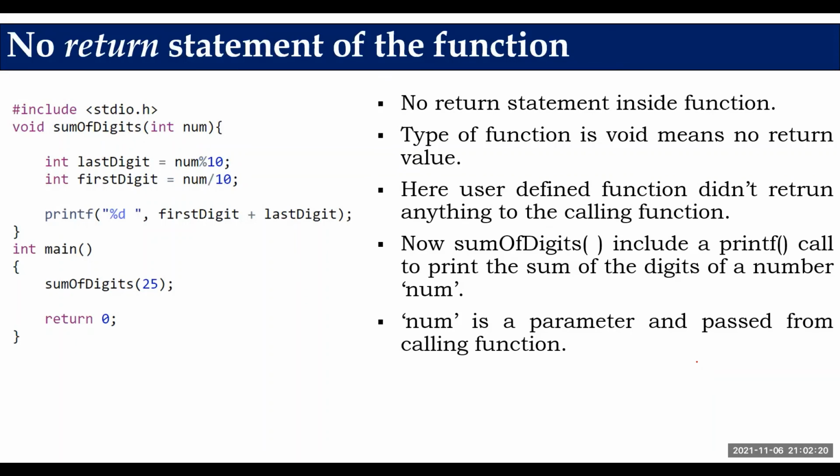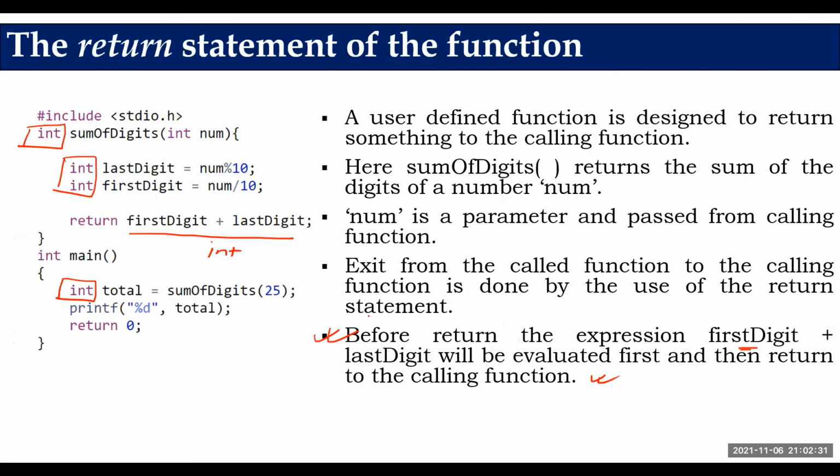Now we can also have a mechanism which is called no return statement. See, the same code I have implemented as in the previous one, the sum of the digits of a two-digit number that is passed from the calling function. Here I am printing the sum from the main method, from the calling function. How is it possible? Because after the completion of the job, it gives me the return value. That's why it is possible. After completion of the code inside the function, it gives me the return value. So I can print it from the calling function.